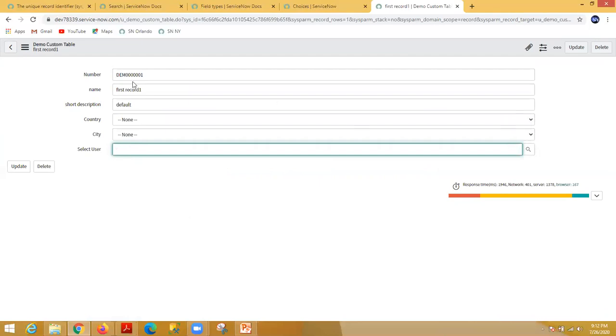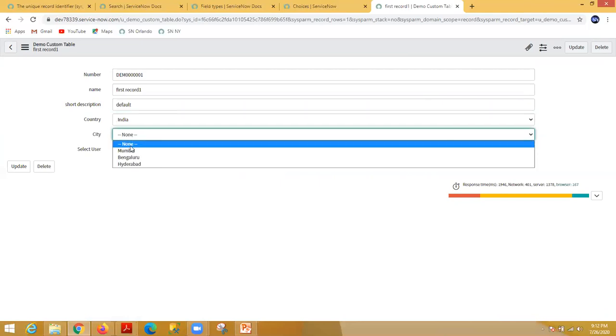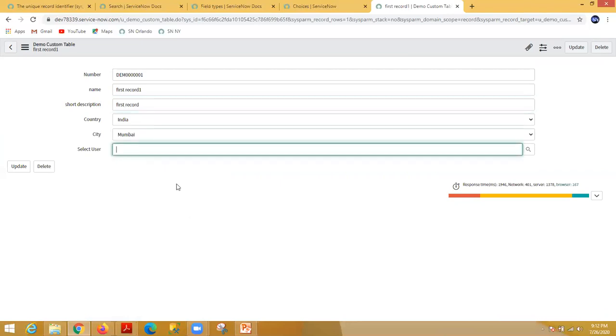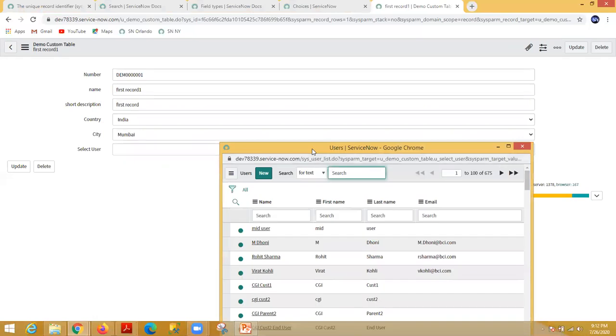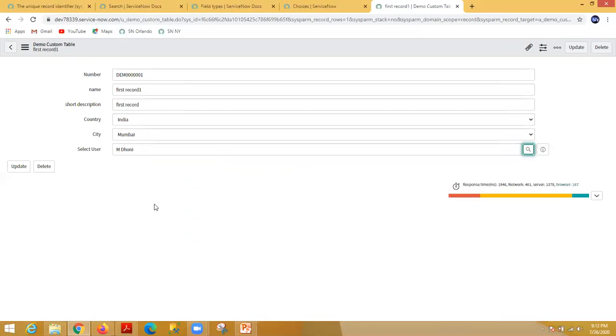Suppose I am creating the first record. I'm selecting India here, and let's say Mumbai, and in the short description I'm simply saying first record. Now, because I want to create this record, I need, let's say, one user. The user is stored in my sys_user table, right? So this is a central location for all the users. Let's say I am selecting M S Dhoni here. Now if you save this,